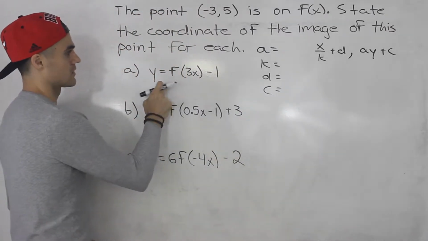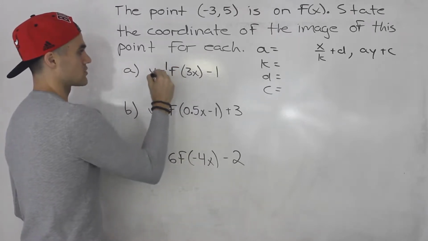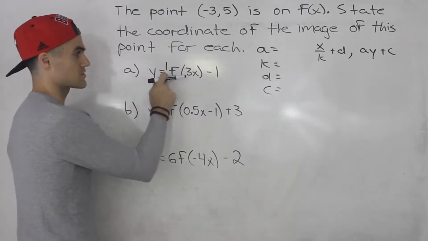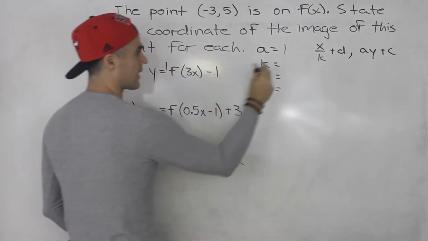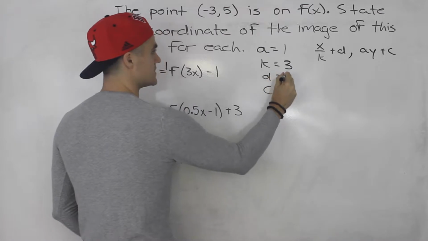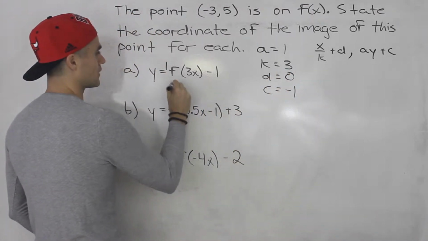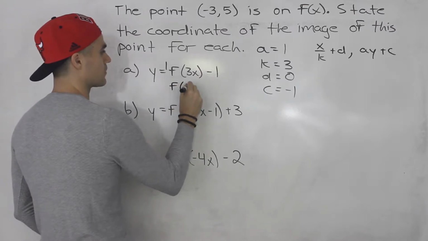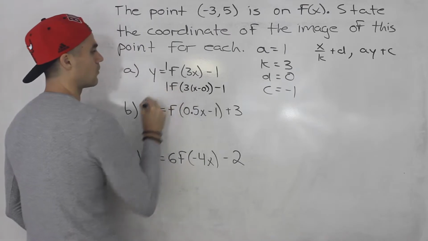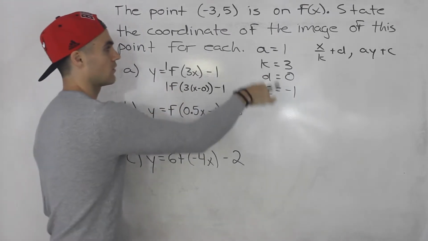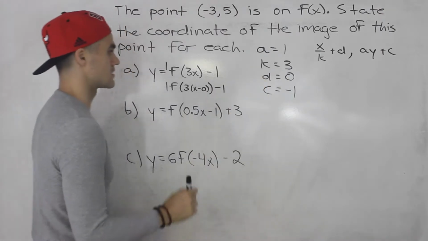So here, what are the transformation values? Well, we know that a is over here. There's nothing in front, so there's like a 1 in front. So the a is 1. We know the k is 3. The d value is 0. And then the c value is -1. So over here, this 3x we can rewrite as 3(x - 0), and then there's a 1 in front there. That's how we got all these values. So that d value is 0, that k value is 3,